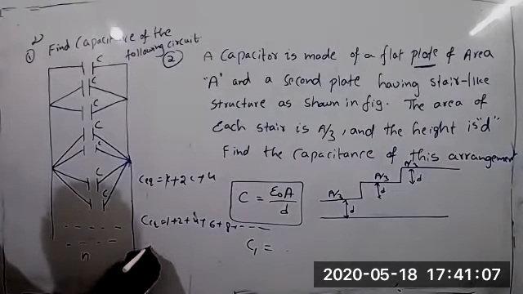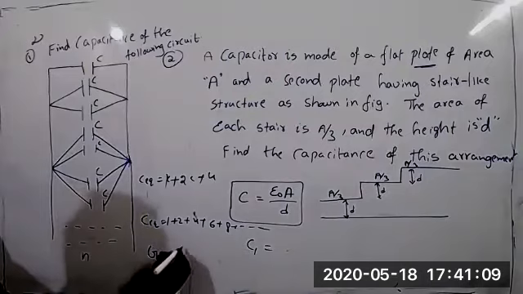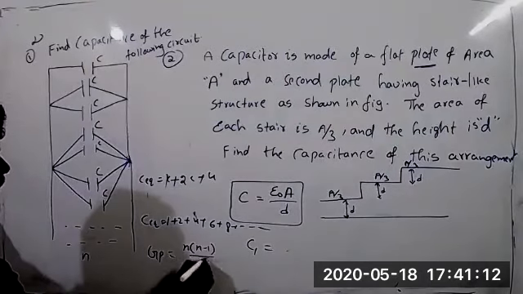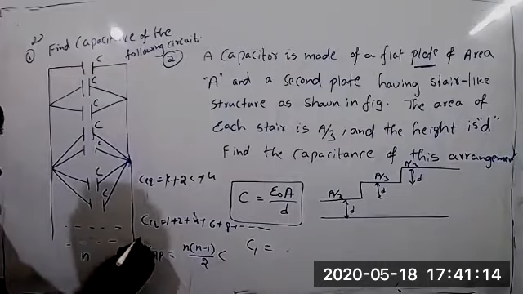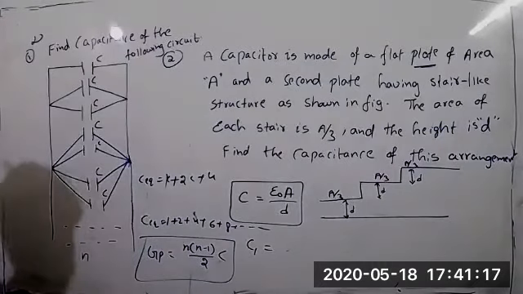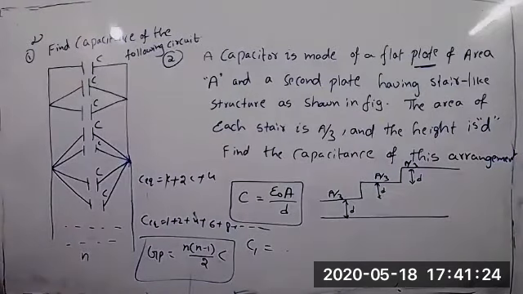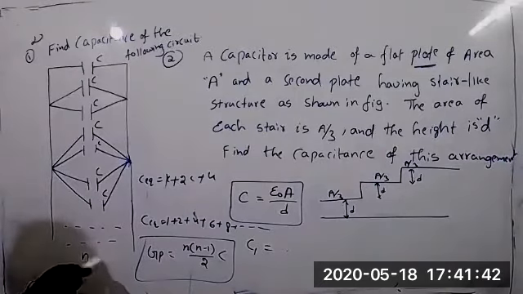For this, what is the method for the sum? N into N minus 1 by 2. How many will be there? N number of capacitors are there. That is the answer. N they didn't give, so you don't have to do anything. Each and every capacitor is C. N means N number of capacitors; if they have given 20, 30 or something, then we can substitute.